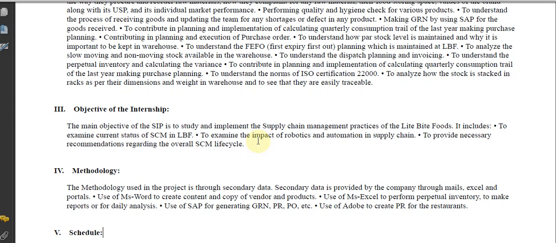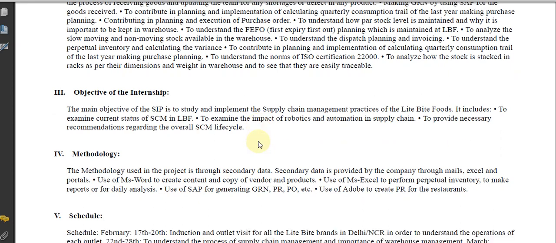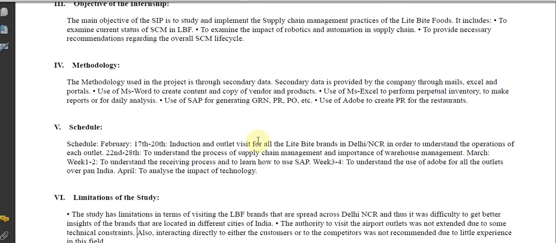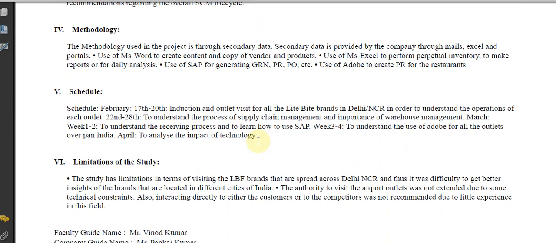Like here in this case, the intern has mentioned about the Excel and SAP and Adobe, and SPSS is not mentioned here, but of course SPSS is also a very good software for analyzing your research project or a company project. In the schedule section, you need to mention about your weekly activities, or maybe monthly activities.